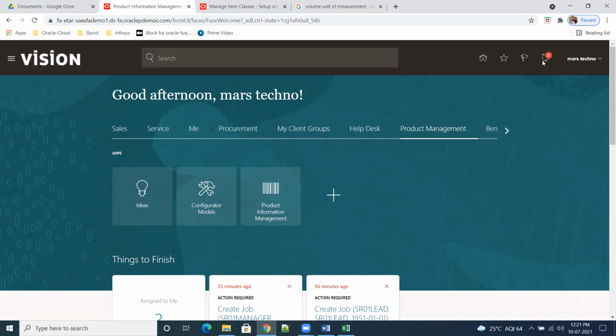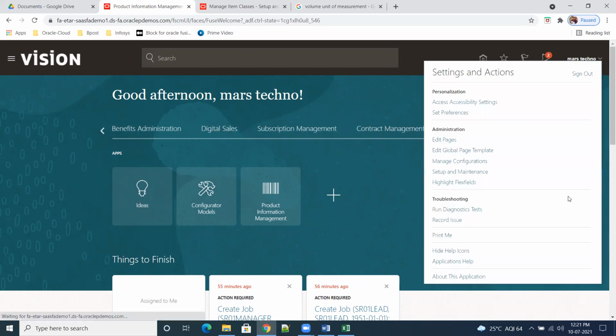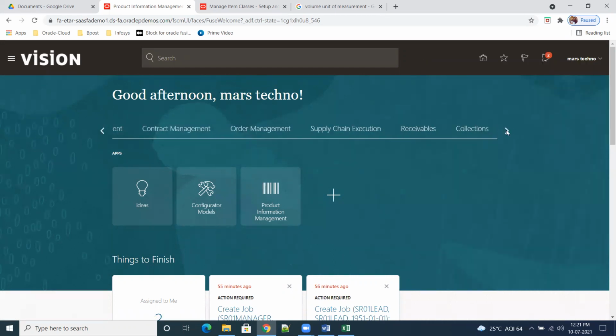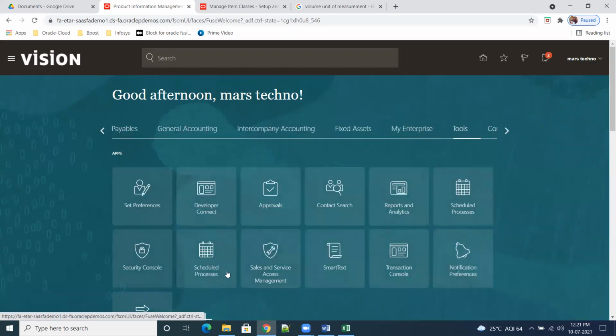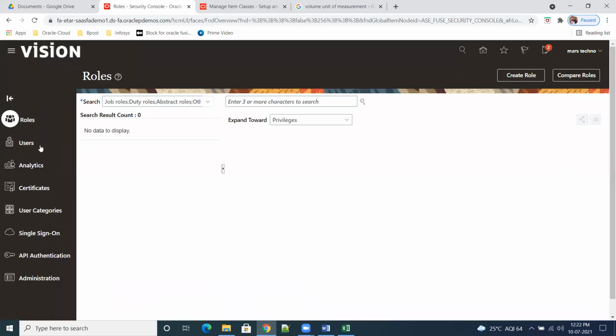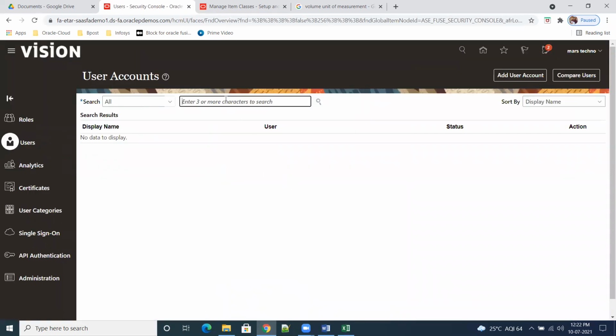So how to do that? I should have the roles, right? I don't think I have the roles. Go to Tools, Security Console, Users, techno.